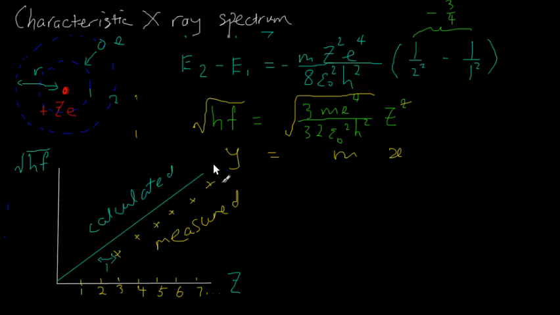So in the last video, I talked about how the calculated graph for the square roots of photon energy against atomic number, or number of protons, was compared with the measured graph. The calculated graph is off by 1 unit. So that's something really strange